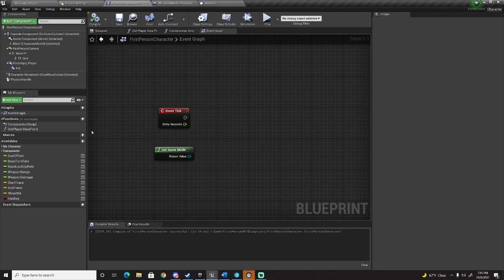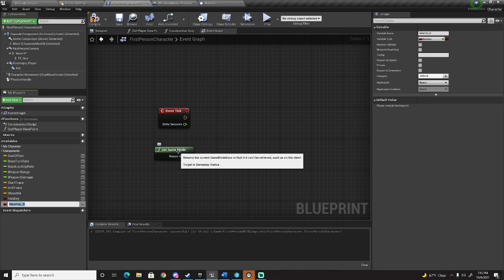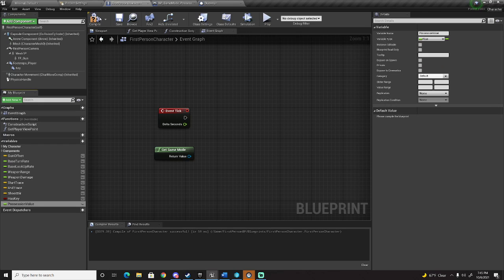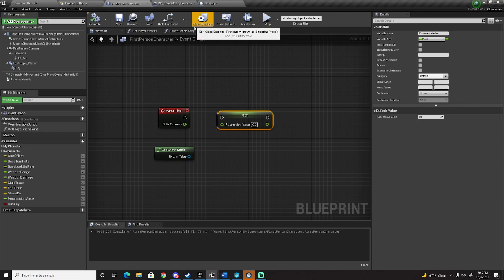Let me talk about some structure here. One, I could keep the variable in this character. I could create a possession value here, in the first person character, and increase the value here. I could have all this logic in the first person character. It could be done. I don't see why it would fail. It would work. The only issue that I see is